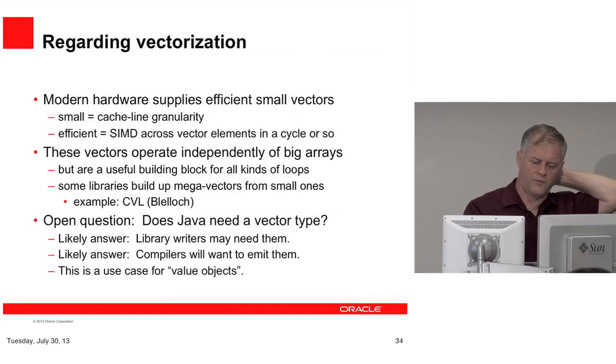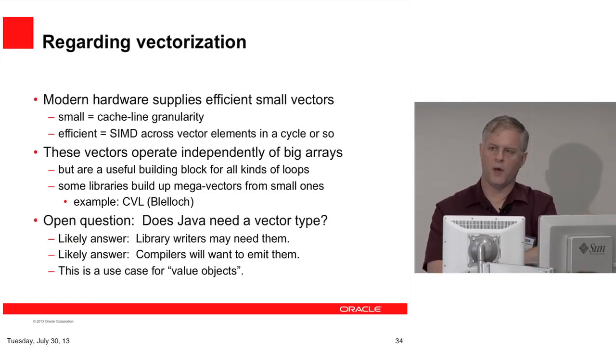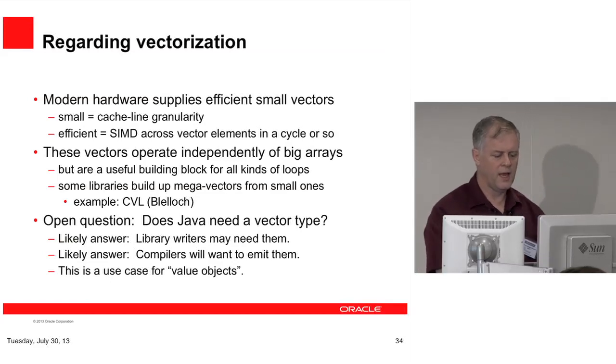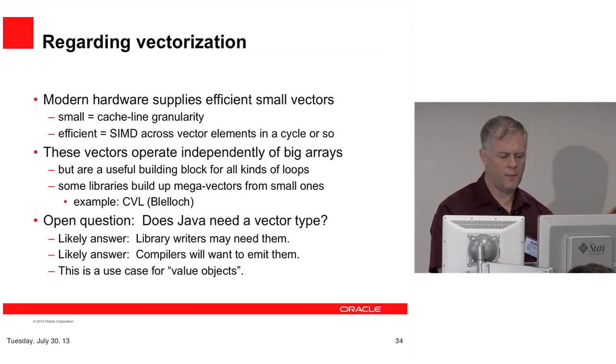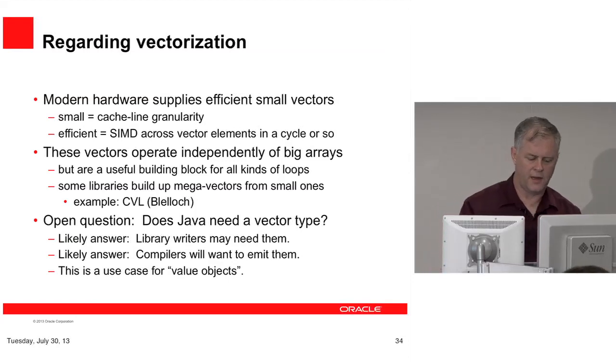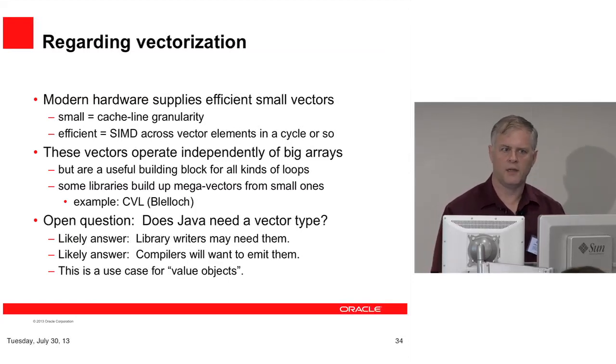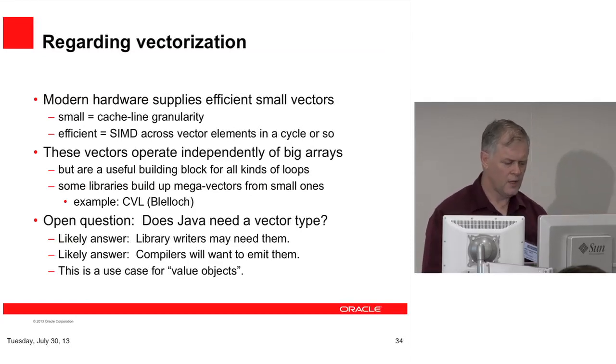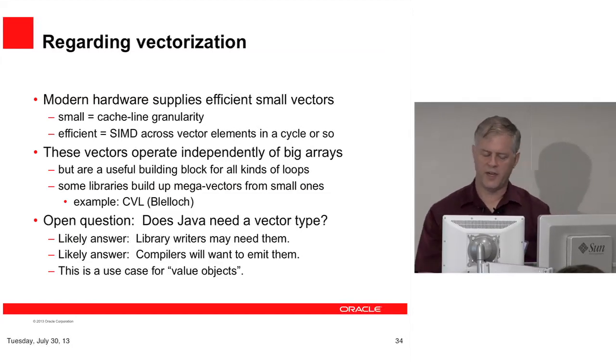Okay, one more thing, really one more thing, is this relates to vectorization only in a sort of tangential way, although you might think, well, how do vectors play in this, right? Because you're talking about arrays, so vectors are arrays. Really, the vectors are an important component of getting another 2x, 2.5x speed up out of your transformed loops. And there are some libraries that do data parallel operations specifically in a way that can be built up out of vectorized loops. And I kind of admire the CVL library, which is Guy Blelloch's work, which he built NESL on top of. So this does beg the question, does Java need a vector type?